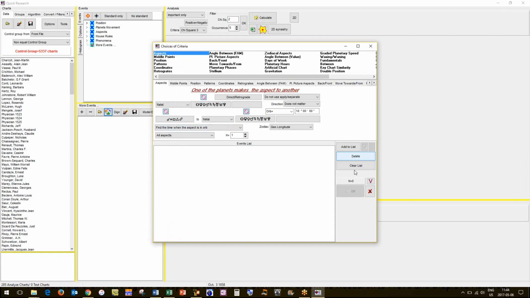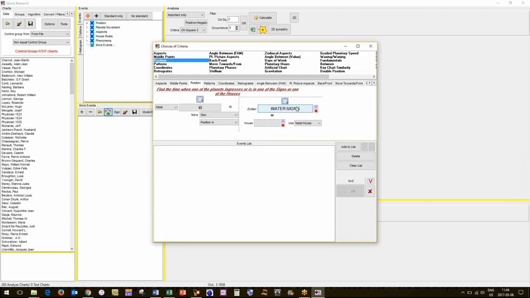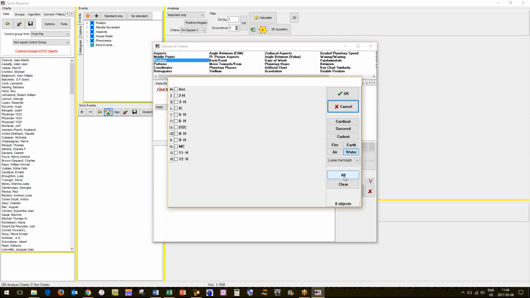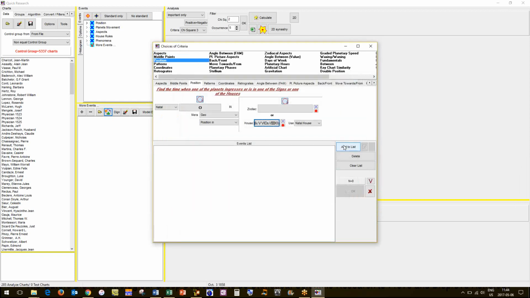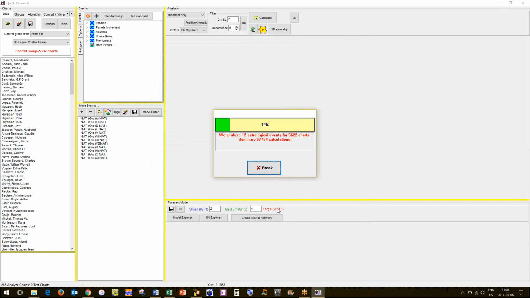You can, let's do quickly on house positions. With doctors, let's see if doctors are 12th house, 6th house axis. Because it's service and health, the 6th house, 12th house institutions.